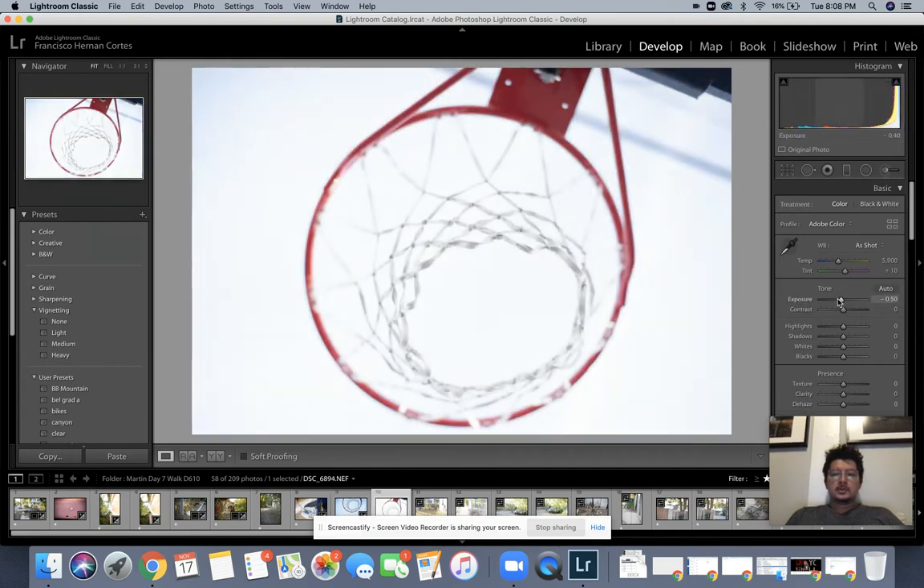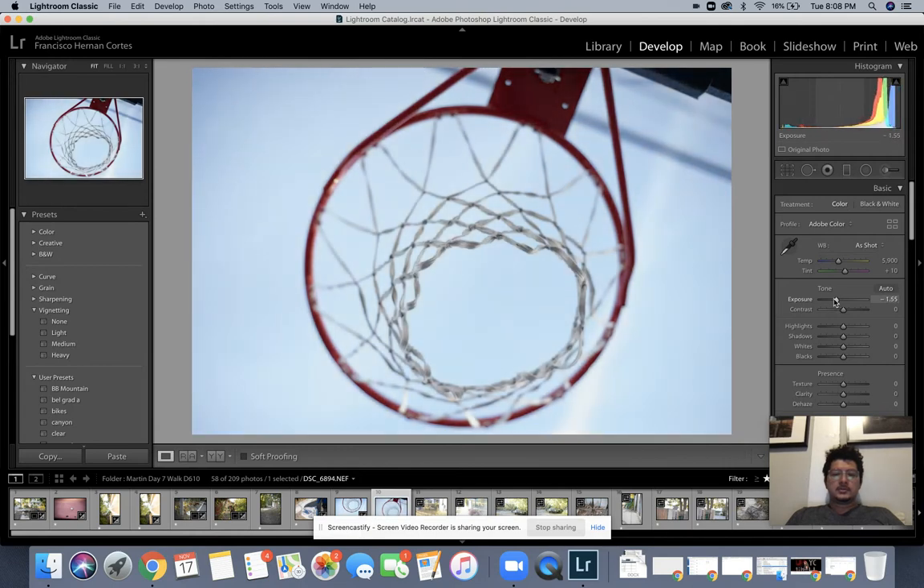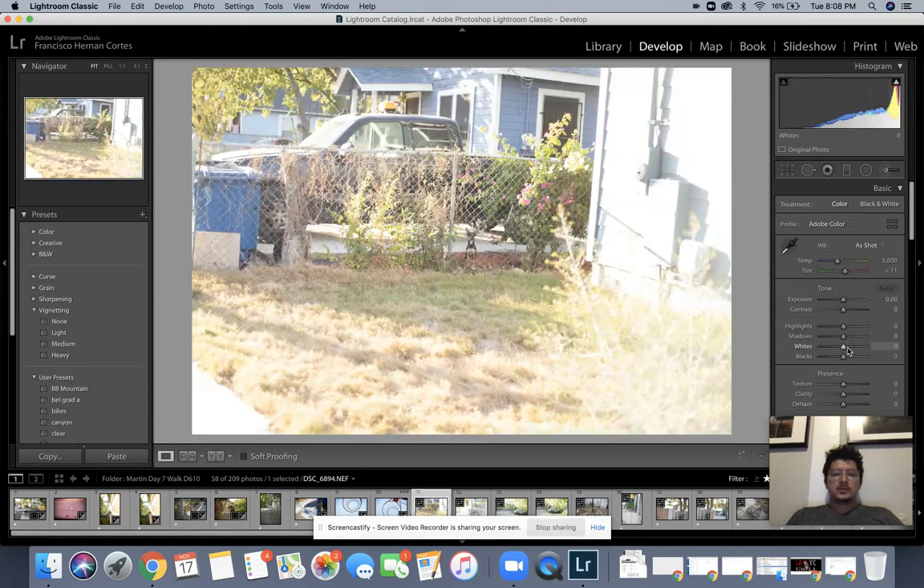Okay, same thing. Decrease the exposure. I mean, decrease the contrast. Maybe a little bit of shadows. Okay, moving on. Nice. So we can see this image is a little hot, a little bright, a little overexposed,